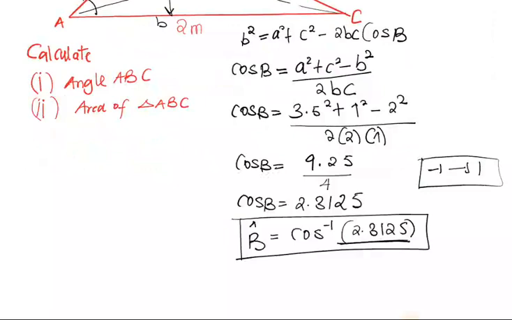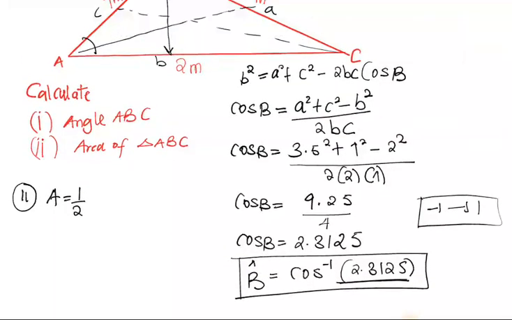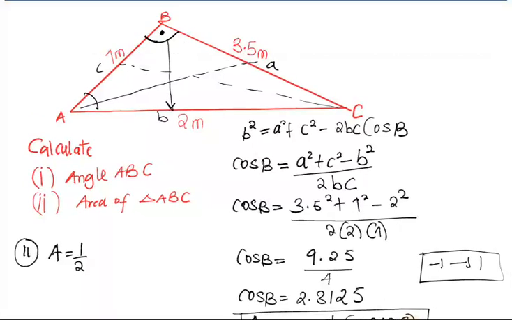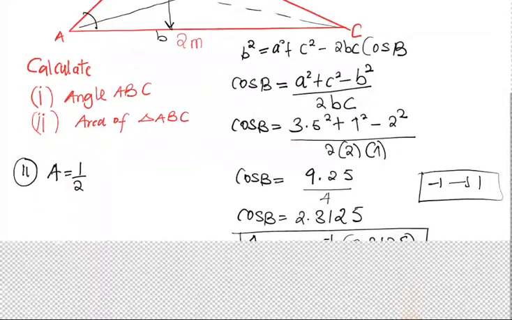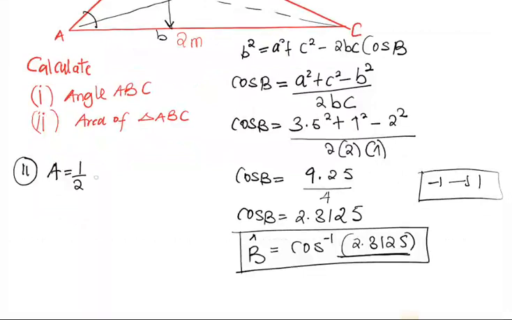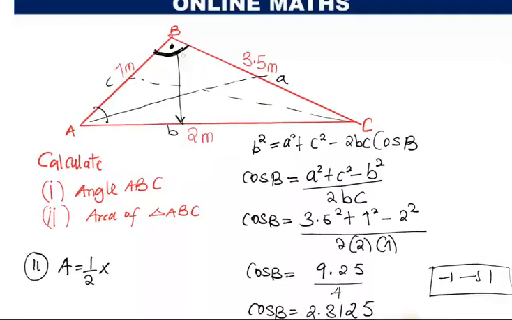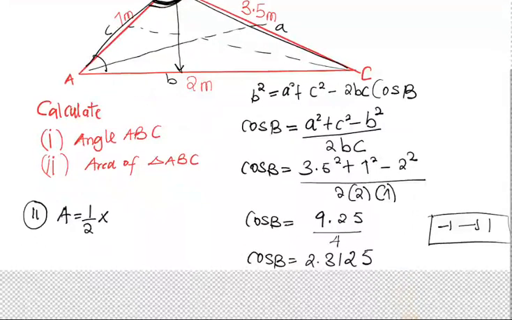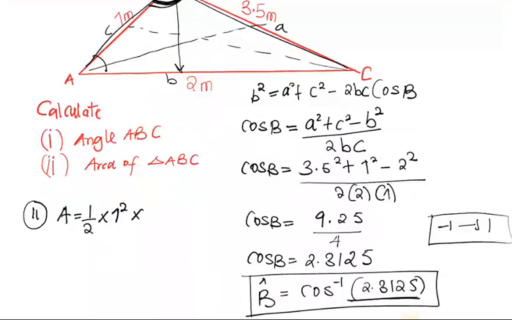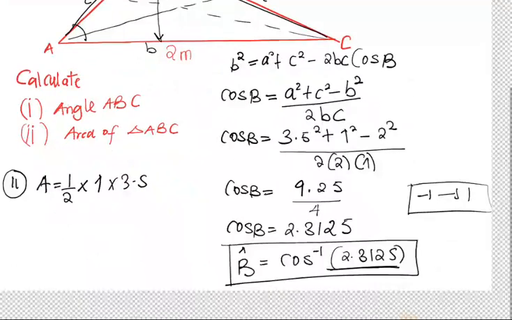Take note. Then the area of the triangle is half. We can get any two sides. Now, since this angle is known, this angle here, which we found here, which we can't get, we are going to say this will be the same angle here, but it will be this side multiplied by that side, and the angle in between those two lines. So we're going to say, not 1 squared, it will be 1 times 3.5. Then we're going to say